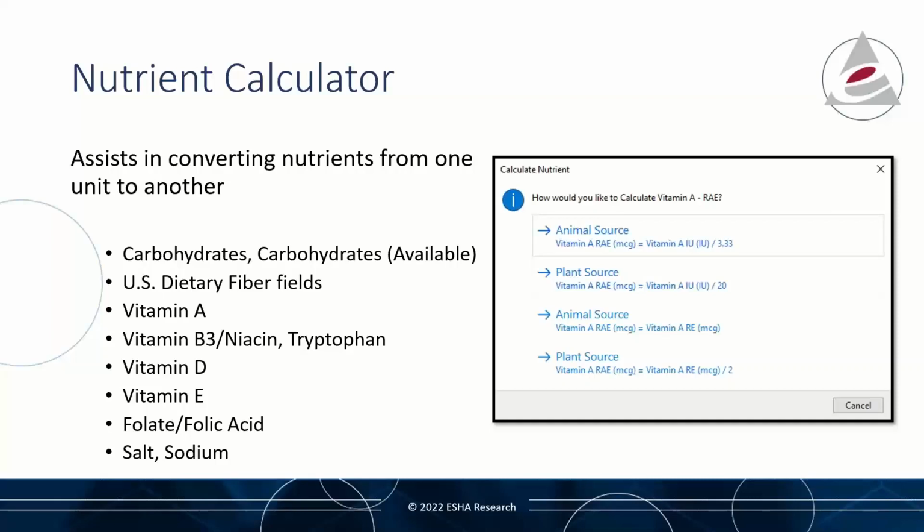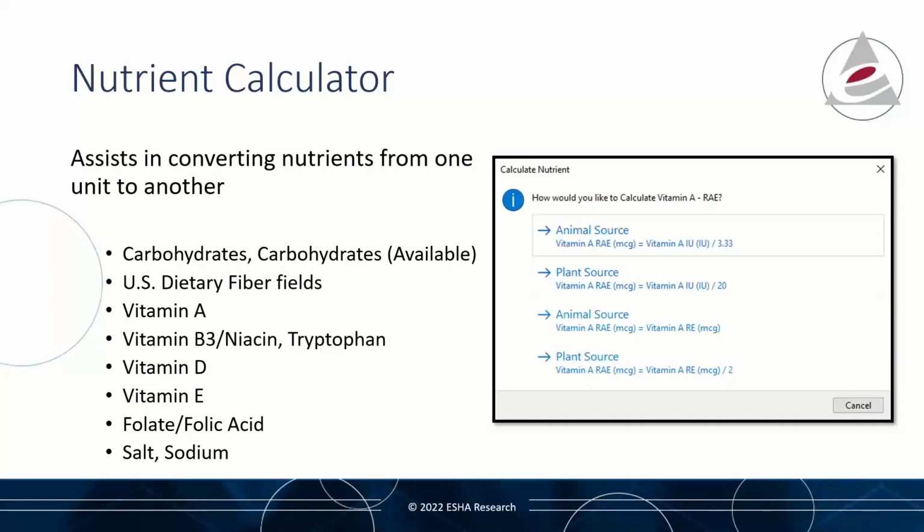sodium listed here. Salt is used for EU labeling, so the sodium and salt fields are connected and have a conversion to work between the two. For some of the nutrients like vitamin D, IU to microgram or vice versa, there's a straight conversion from one field to another. And for other nutrients like the vitamins A and vitamins E, you may be prompted for source detail. So if you want to calculate one of those,